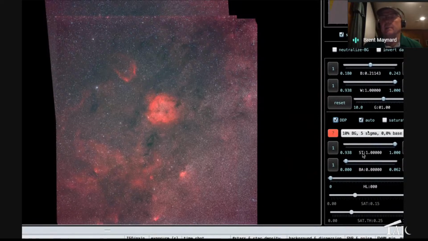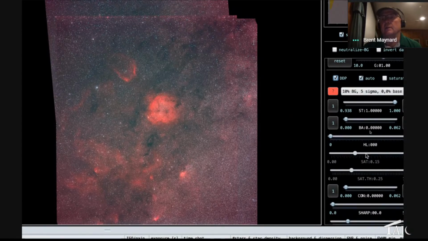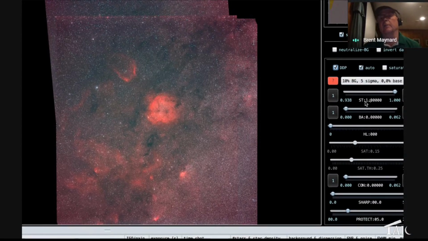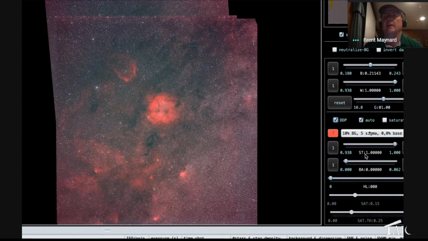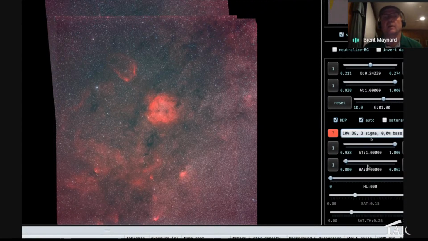Then we have, let's see, which one was this? I can't remember off the top of my head what the ST and the BA stand for. But then we have the highlights, the saturation, the luminance. We can do some sharpening on this, contrast adjustments. But like I said, my typical workflow is I will let it do some level of automatic stretching